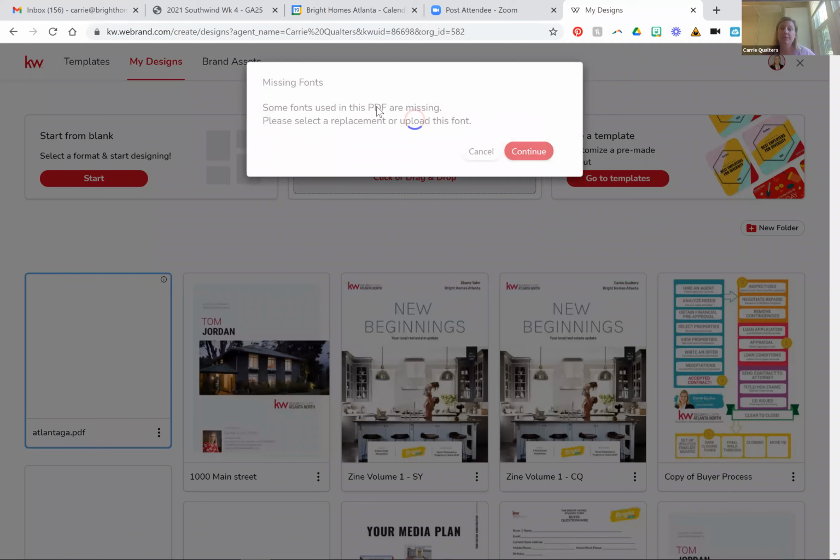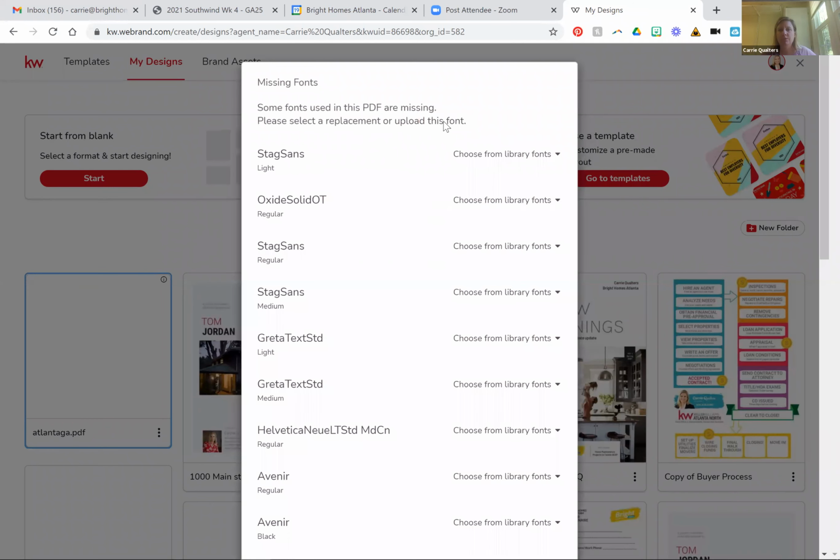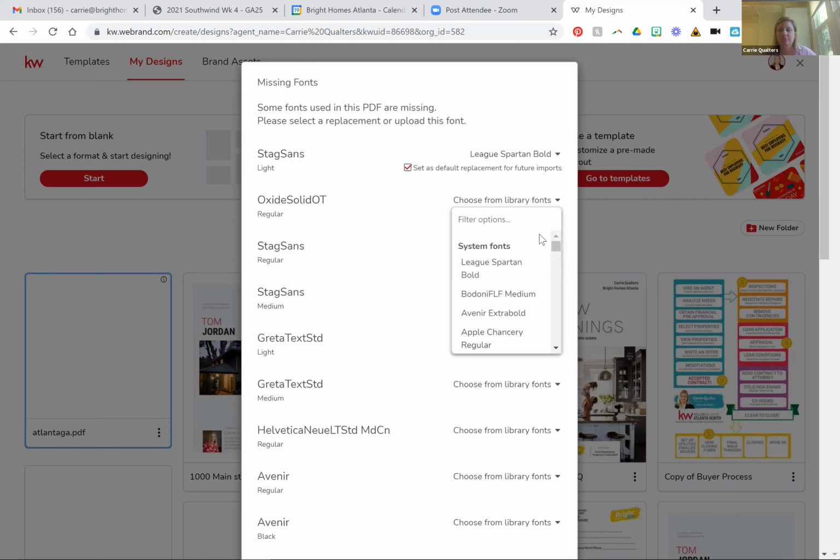All right, so a lot of times when you import the PDFs, designs can't find the original font that was used. And so you just got to go through, this is a really font heavy document too. So